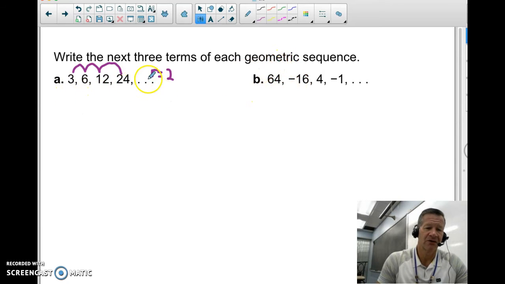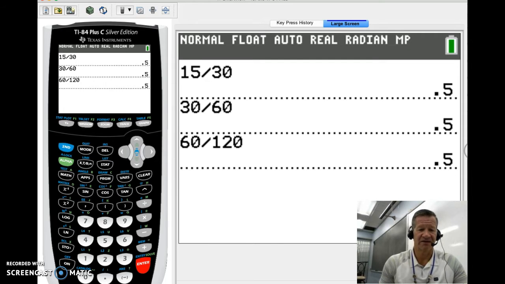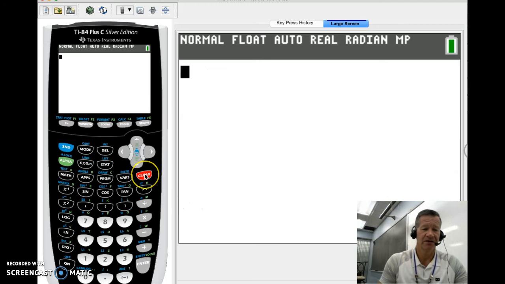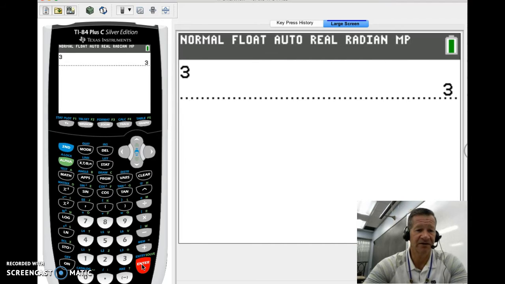So how can I find the next three terms? Well, you can continue to multiply by 2. Now let me show you a little something that any scientific calculator will do that might make this a little bit easier for you. This sequence started out with a 3, so I'm going to hit 3 and then enter. So 3 is on my calculator. Now because I have a common ratio of 2, I'm going to multiply this by 2. So I'm not going to hit 3 again, the 3 is already on there. I'm going to hit times, which tells me it's going to take my answer times something, 2, and that'll be